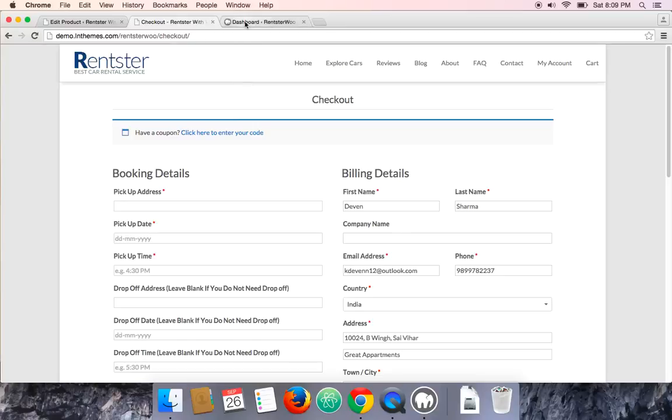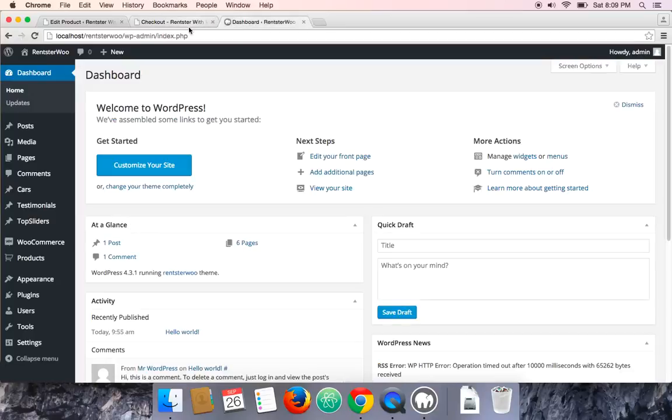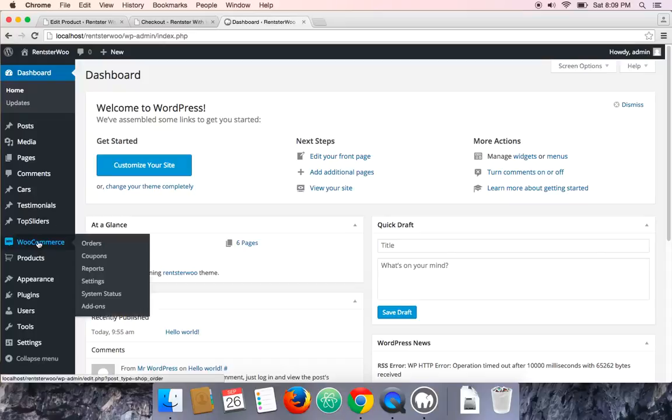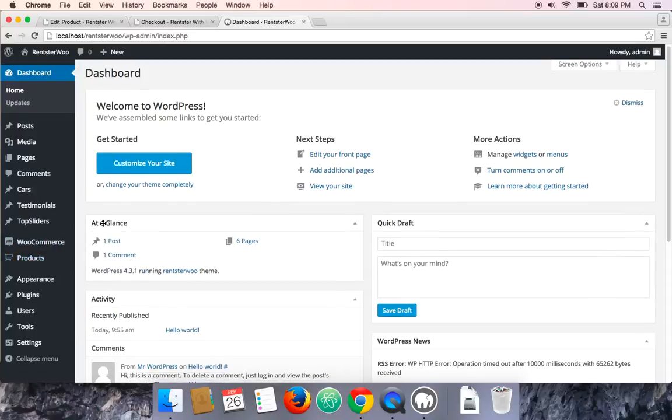For that, go to your dashboard, and you have to install the WooCommerce plugin first. I have already installed it. As you can see, the WooCommerce section is here, and the product section is here. But if you don't know how to install that, you just have to click on plugins, and then add new,